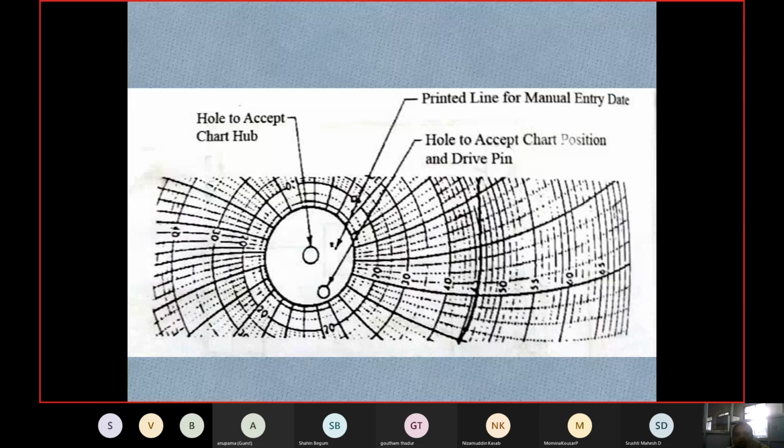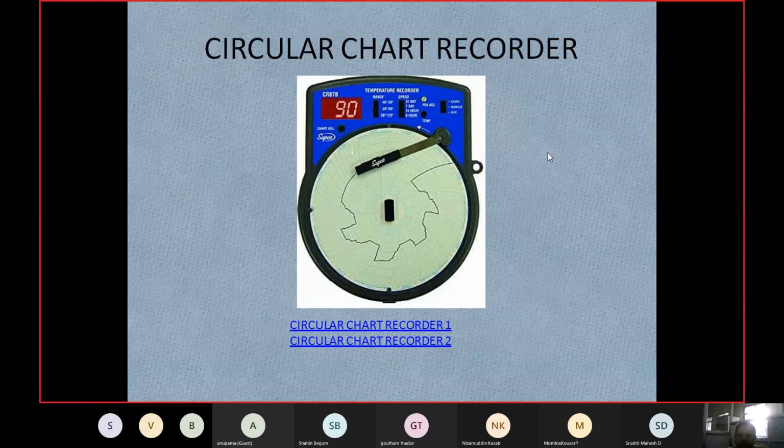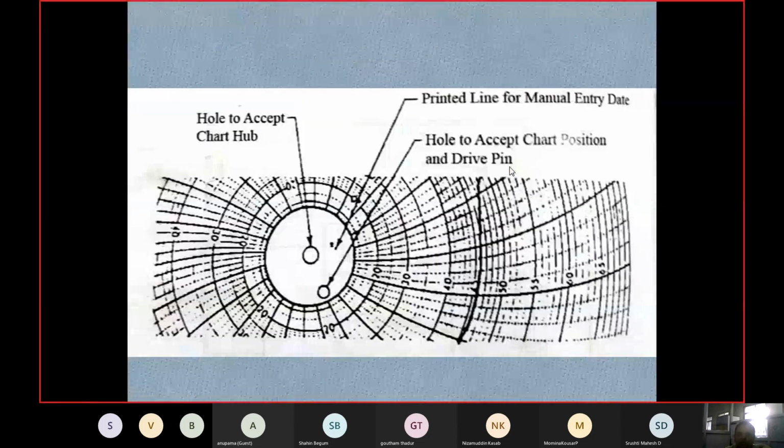If it reflects back, we come to know what object is in front of us and what the distance is. All those can be recorded by using this circular type chart recorder. In such applications we will be using what we showed here. It is a simple one, but when you go for higher applications like navigation systems or aeronautical systems, it is higher end.